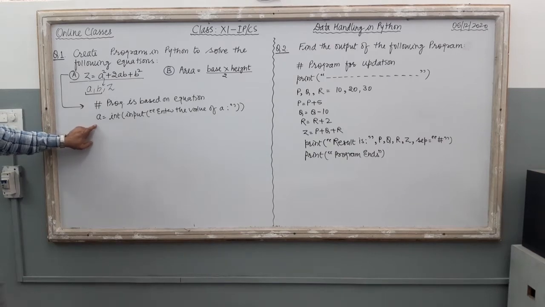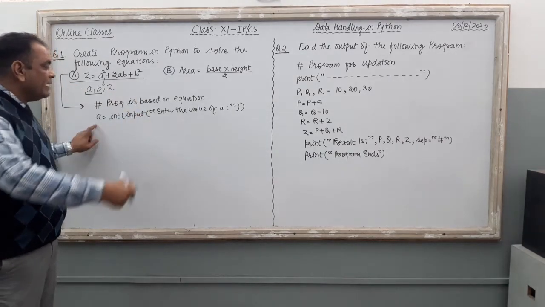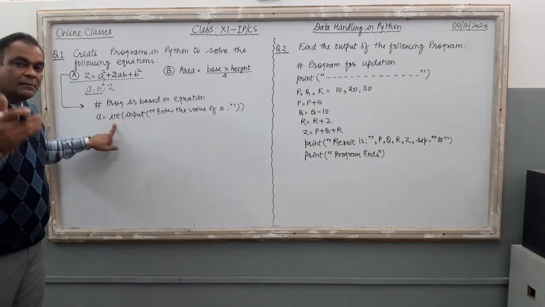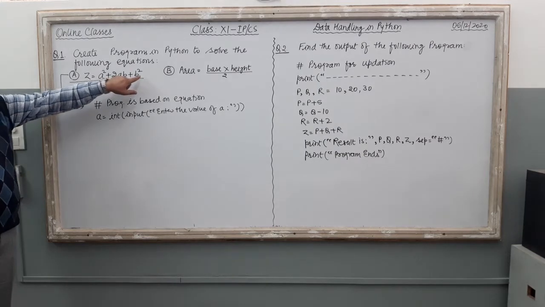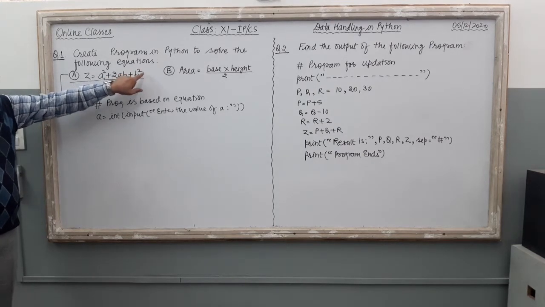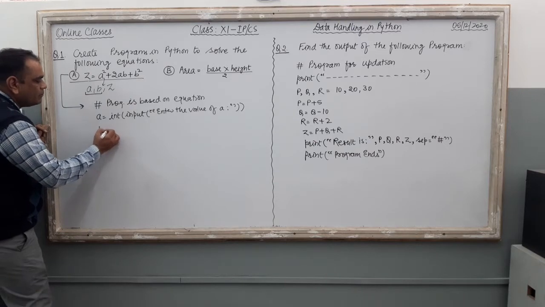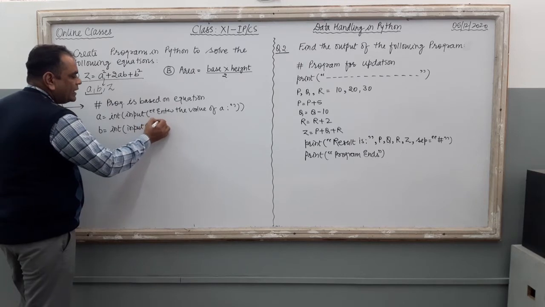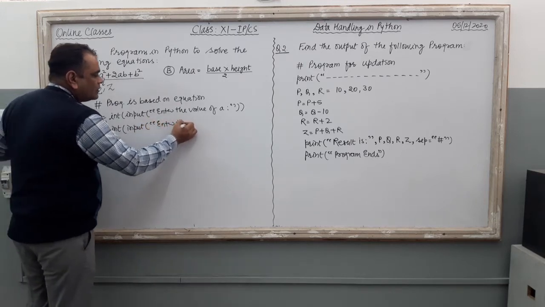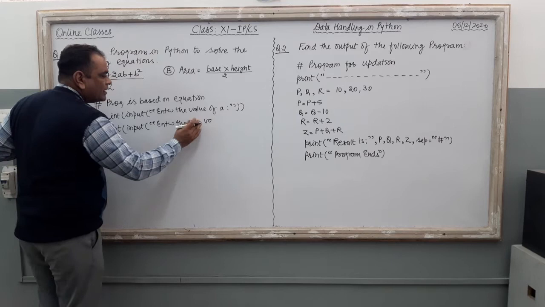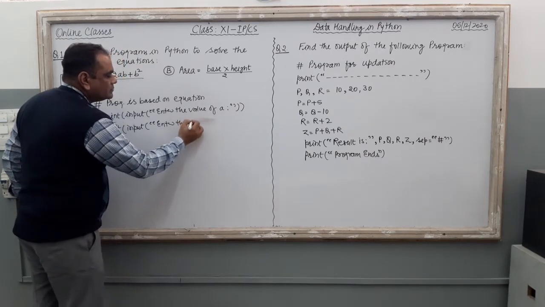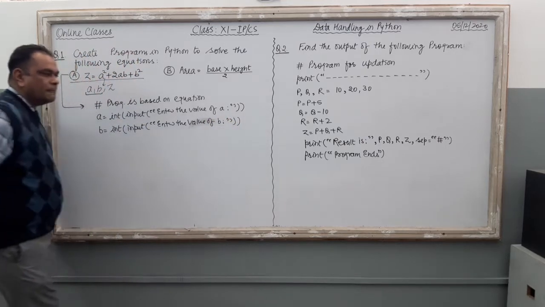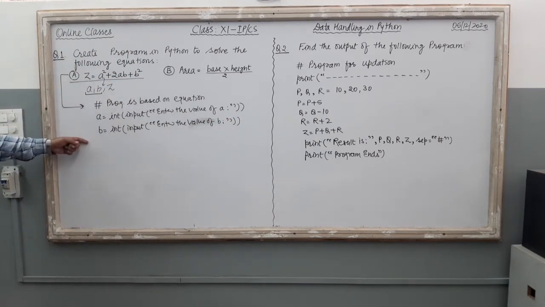I require the value for the variable A. For that I use the input command with integer. Integer means non-decimal input. Now I require the input of the value of variable B. So my next line is B equal to again integer, then input, and then the message, enter the value of B. Here, this is the message with the input command. Right? Two lines are covered.